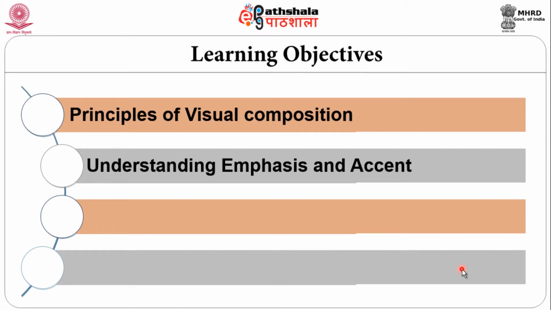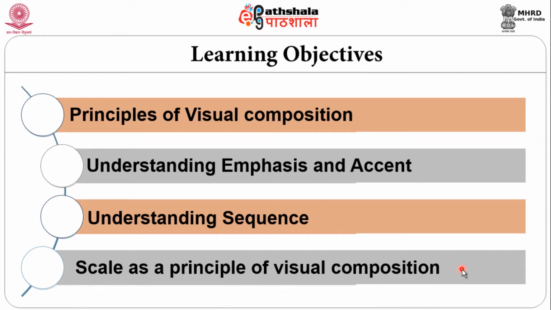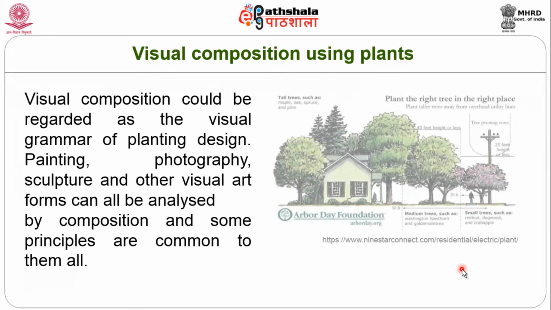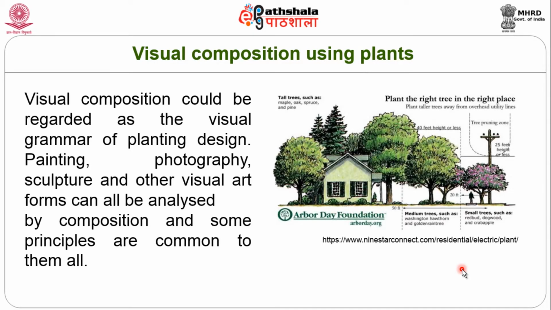And in this particular module, we will see a few other principles of visual composition, like emphasis, bringing in emphasis and accent, as well as sequence, and also understanding scale as a principle in the visual composition of plants as such. We saw earlier that visual composition could be regarded as a visual grammar of planting design,